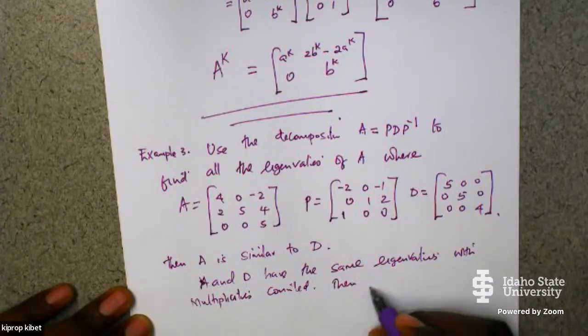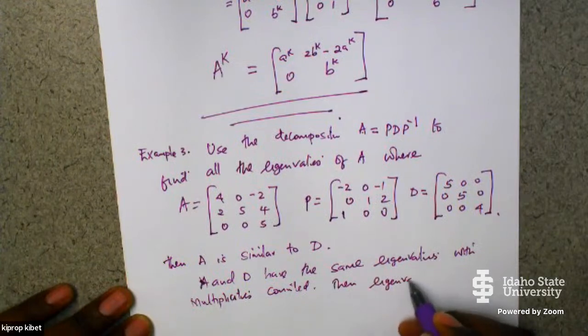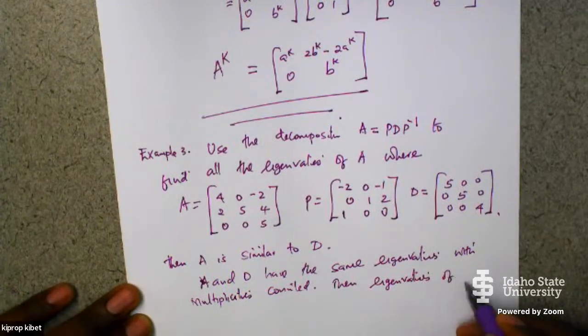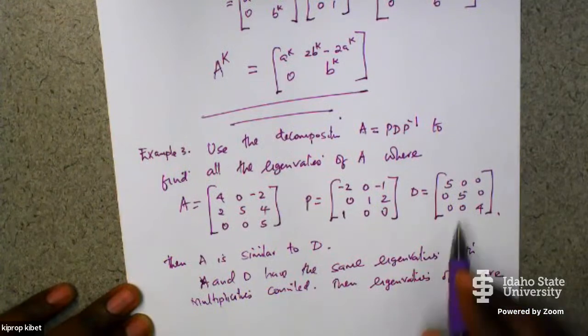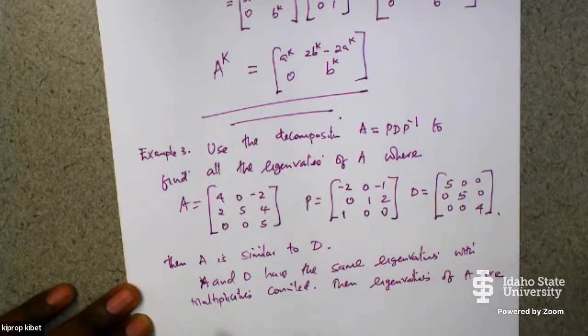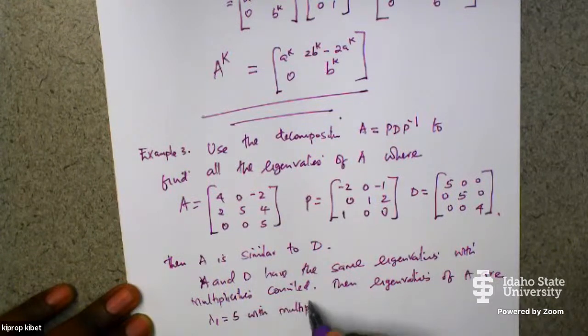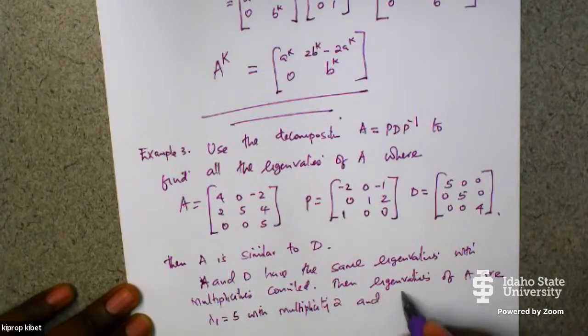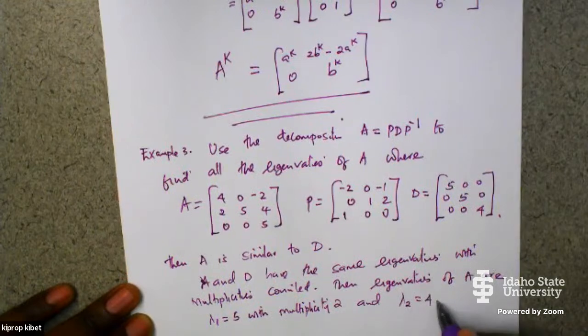Then the eigenvalues of A are, so we get it from this D here, lambda 1 equals 5 with multiplicity 2 and lambda 2 equals